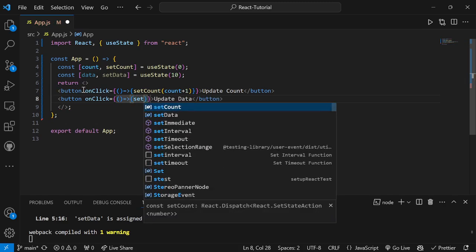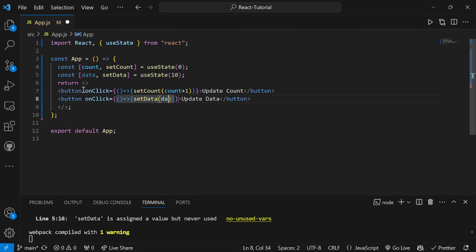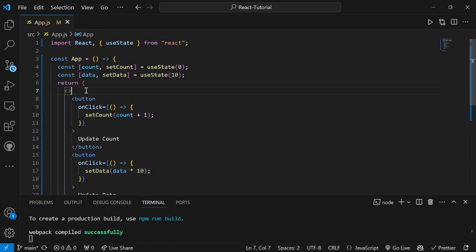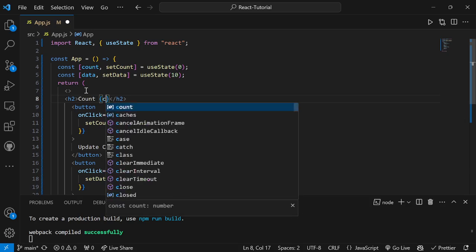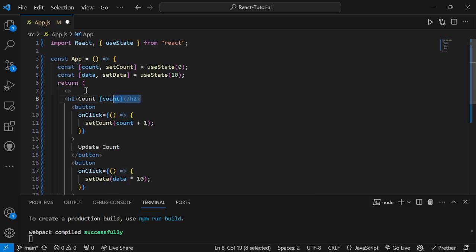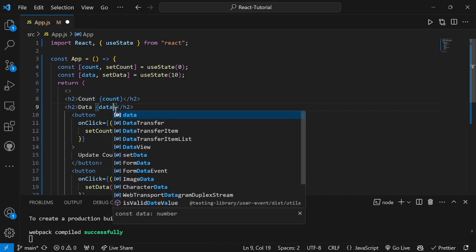So setData and data multiplied by 10. Okay, so this is basically what we are doing as of now. Now we will also show the values. What is the value of count and data? So first of all, h2, first we will show count. Okay, at any given time, what is the value of count and what is the value of data, that we will show. So count I have shown, and in a similar way data also. Okay,